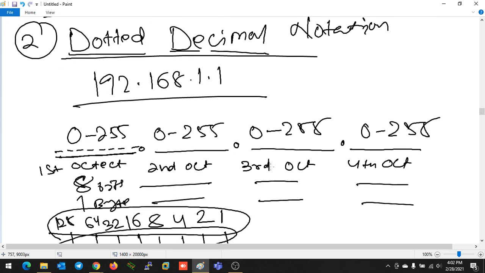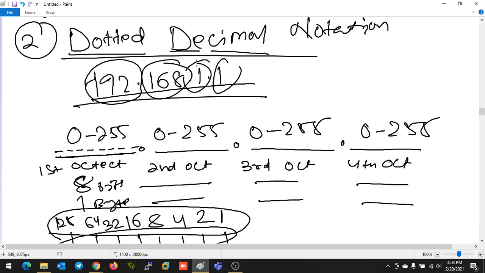The IP address we use, like 192.168.1.1, is in dotted decimal format, and in any IP address you get, at any octet the value will be up to 255 only, not more than that. Never will you see a value like 256 or 257. Every octet ranges from 0 to 255.